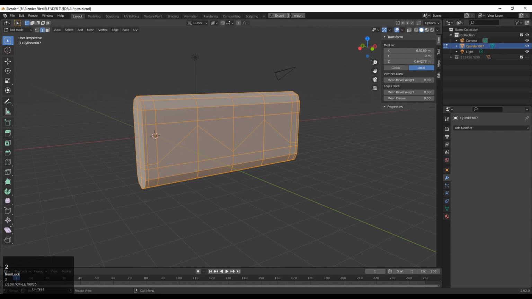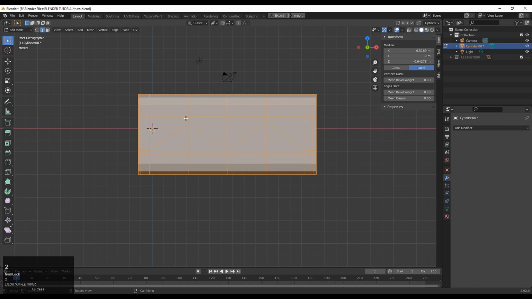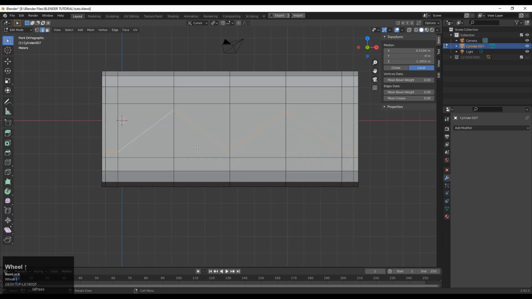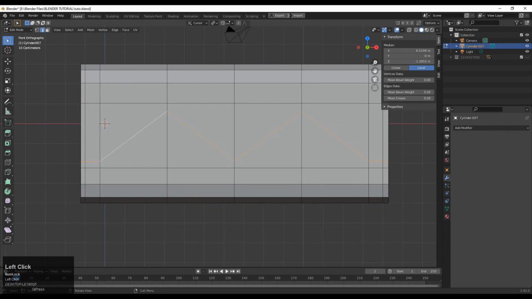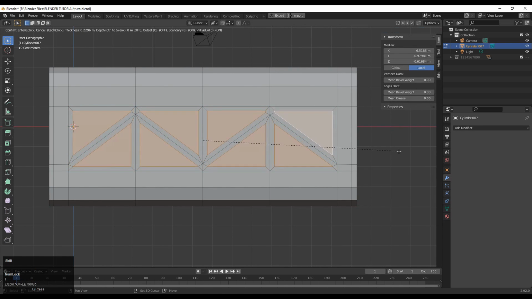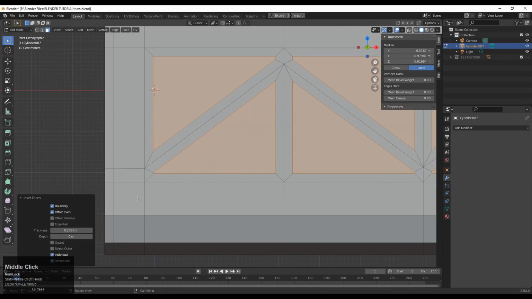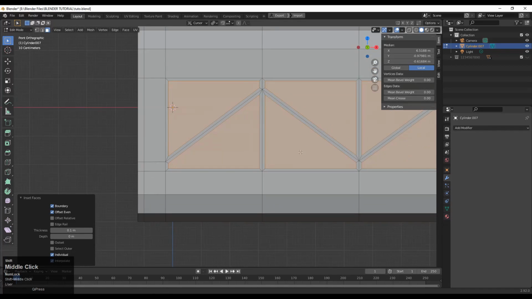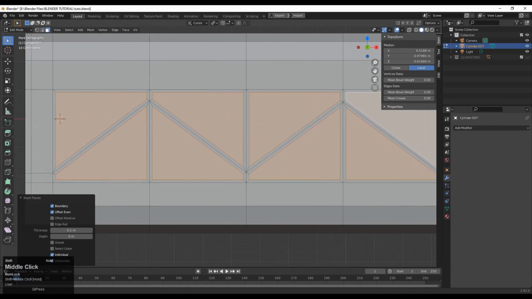Then you can select everything and then Mesh and then Symmetrize. You just need to take the symmetry to get the same design on the back side also. And then you can select these faces. So Shift select these faces and then press I for the inset operation. And now we will create a little bit of a simple design. So just give the proper thickness amount for your inset operation, and that looks good.